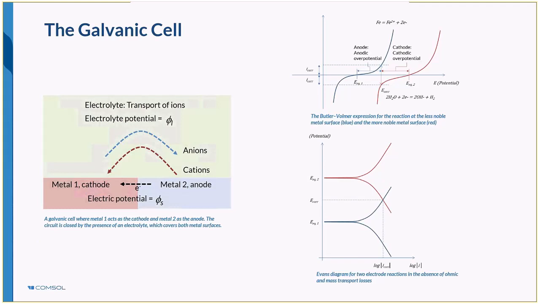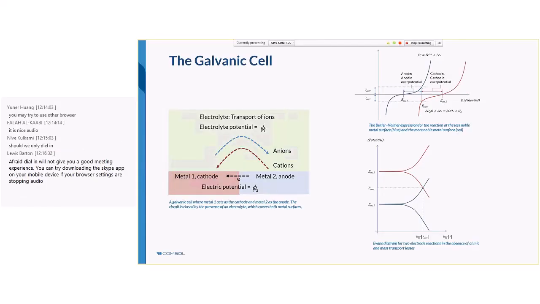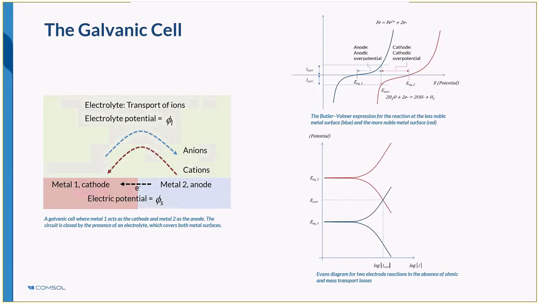COMSOL includes the Butler-Volmer equation, the linearized version of this, and the Tafel equations predefined to help facilitate easy definition of our electrochemical reactions. These standard electrochemical expressions can be parameterized to match your material kinetic behavior, and user-defined polarization curves can also be defined using the inbuilt interpolation functions. We can use these equations to determine the corrosion current, finding a balance between the cathodic and anodic currents. This is demonstrated here on the right with our Evans diagrams and our polarization plots.